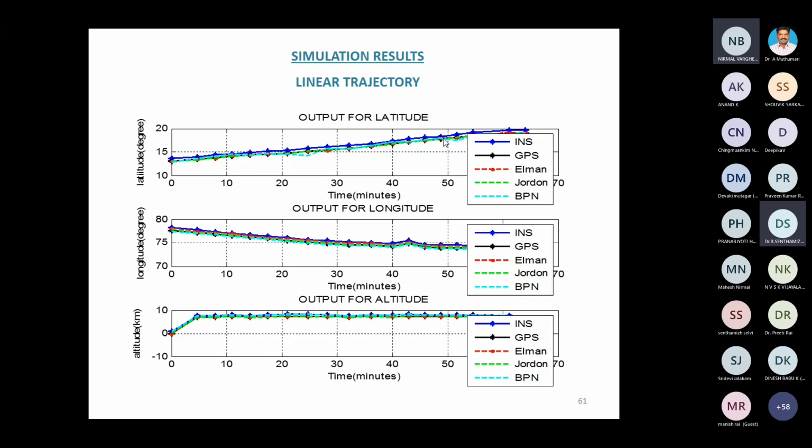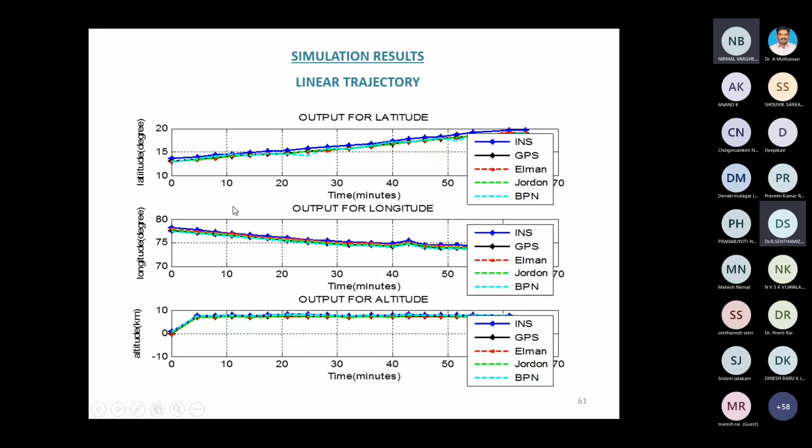So after the training, I want my inputs to come closer to the GPS for Elman, Jordan, and PPN. Initially, there must be deviation. But once it is trained and the target values and input values are optimized with the weight values and bias values, they almost come closer. So after that training, if the GPS has an outage, no problem. You have already trained values. With that, you will predict the position of the latitude, longitude, and altitude. That is the intention and objective of our intelligent navigation.